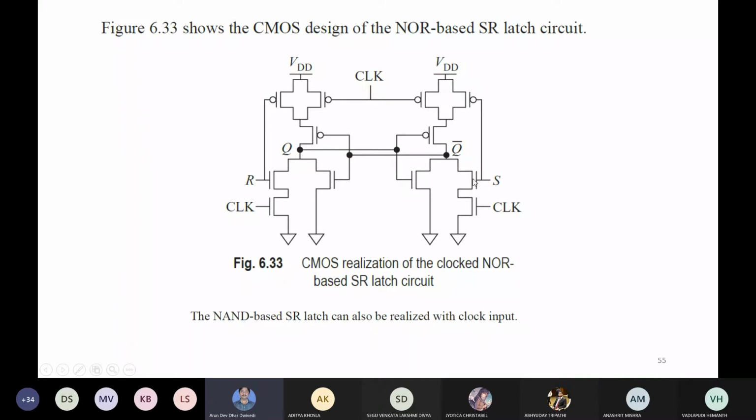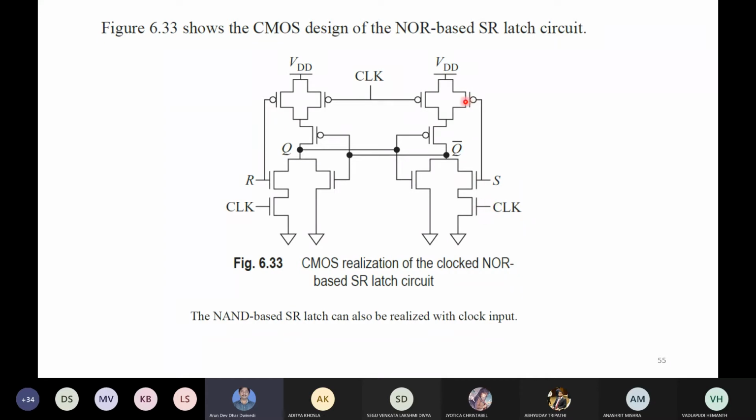So this NMOS and this NMOS both are in parallel. In series with this transistor, another NMOS transistor is added for making the AND function of S and clock. So S and clock is made here, and this PMOS and this PMOS in the pull-up network were in series, because here these two transistors are in parallel. Let me take the pointer. So these two transistors are in parallel, and here this transistor and this transistor are in series in the pull-up network. That was the actual pull-up network, but after adding the clock,